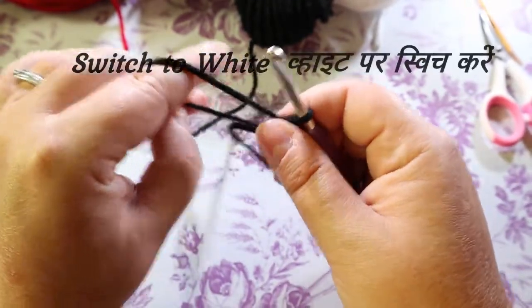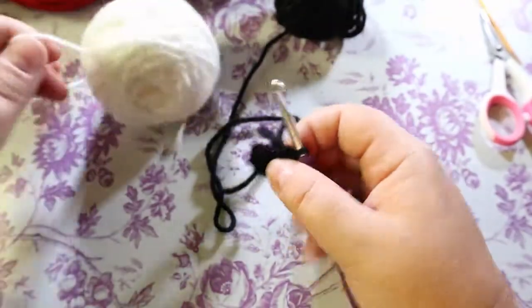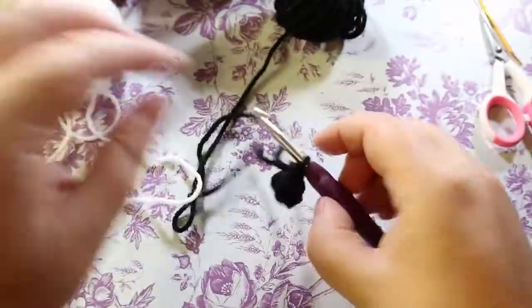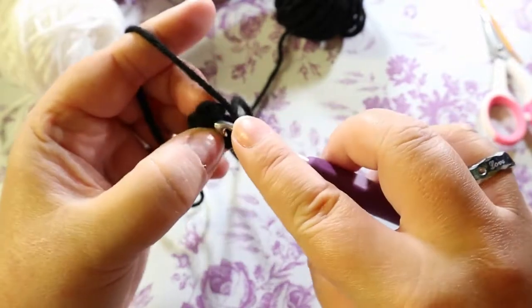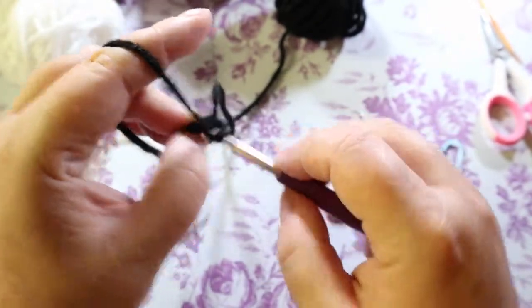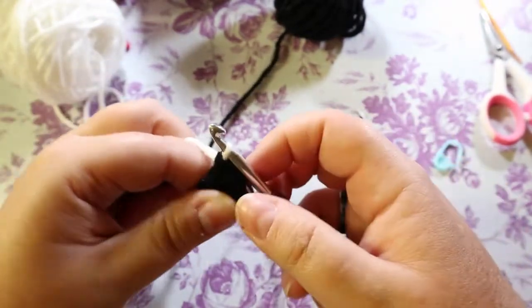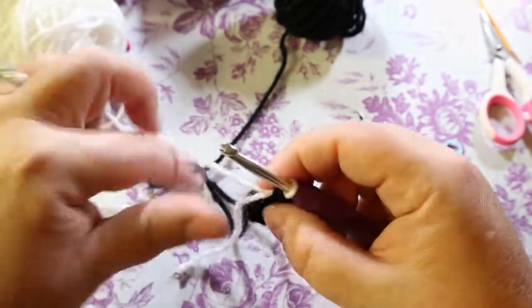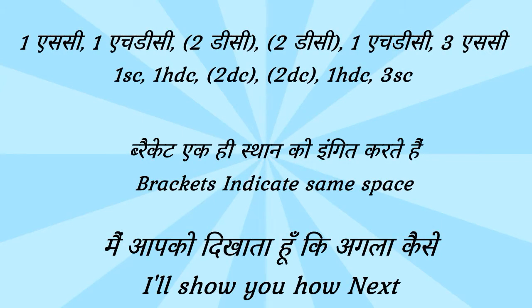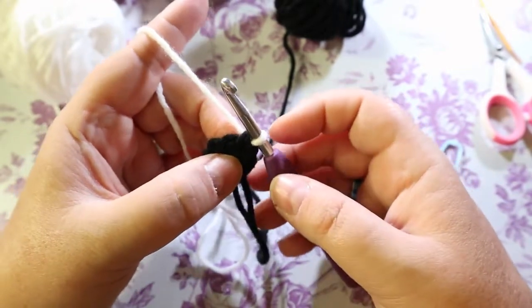The reason I chose to do this is because he has ginormous eyes if you look at a picture of Rudolph. So I'm going to switch to white. I could have sworn I had, there's my middle. So I am going to go into my first stitch, not my next one. I'm going to pull up the black, but then I'm going to throw this on and finish the stitch. I'm just going to leave all this nonsense hanging at the back. I'm not going to try to weave it in because I'm just going to tie it all together at the end. So once you're on white,